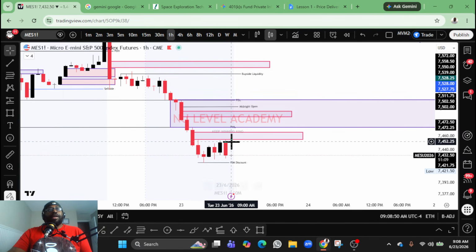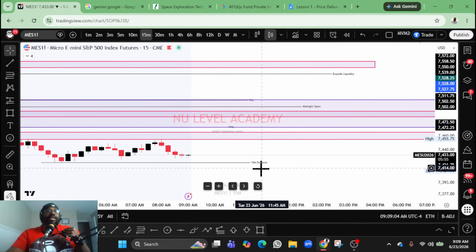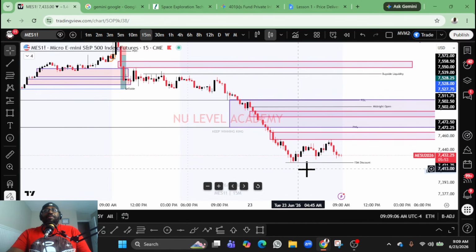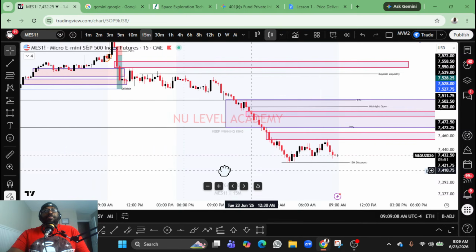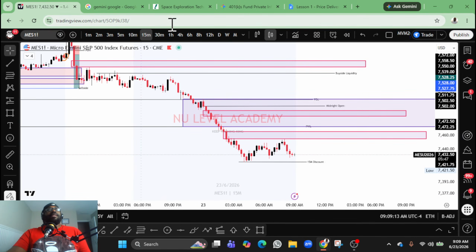When you look at it on the 1 hour, possibly giving us some form of a V-shaped recovery, right? And then we take a look at it on the 15-minute. When we take a look at it on the 15-minute, you can see we've traded down into this discount zone. So it's interesting to see how the market reacts